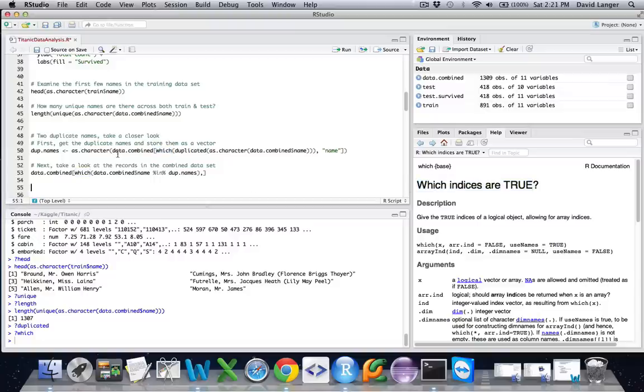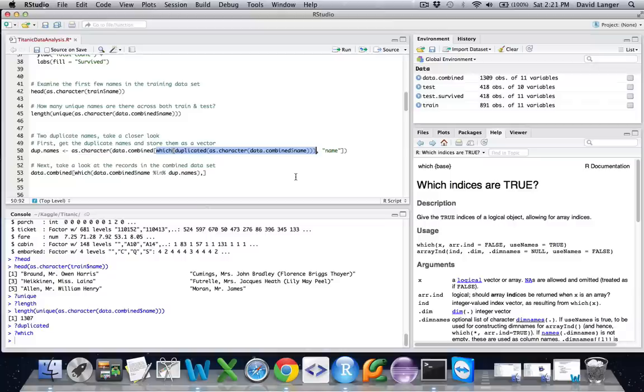So what we say here, popping out a level, this gives it some context, is great. From the data.combine data frame, I want to grab the name column, but I only want to grab those records which are duplicated. Great, that should pull out essentially four, we're thinking 4 records.